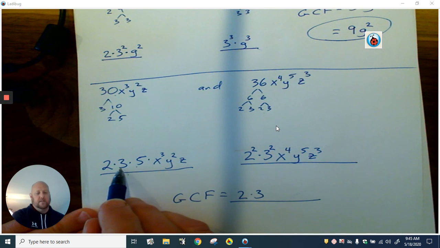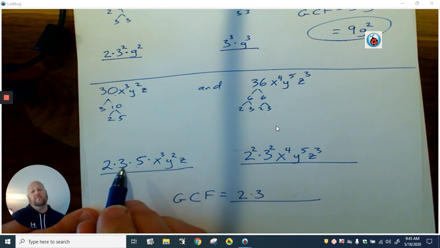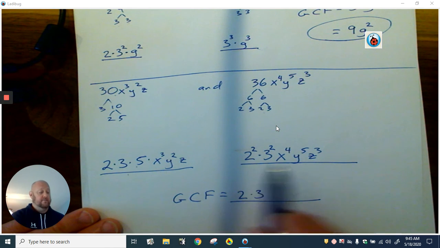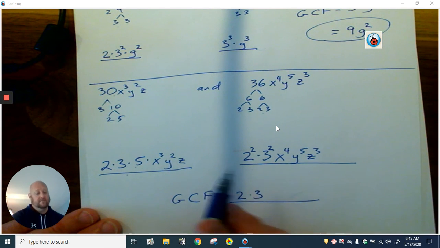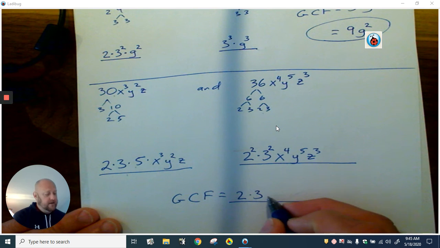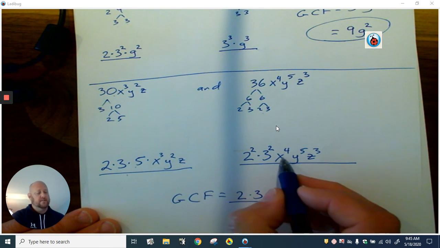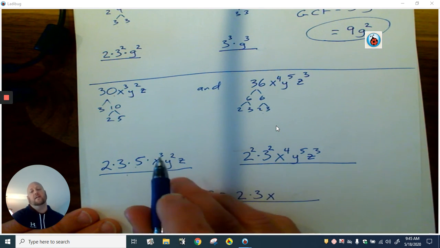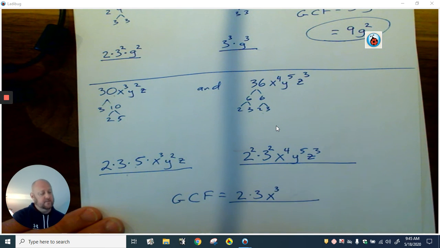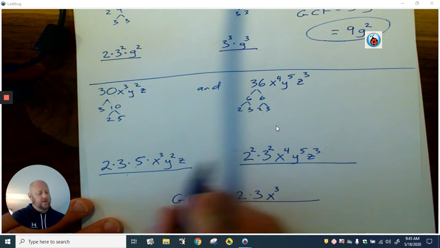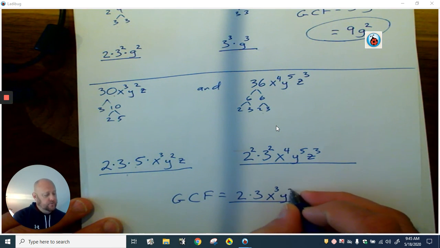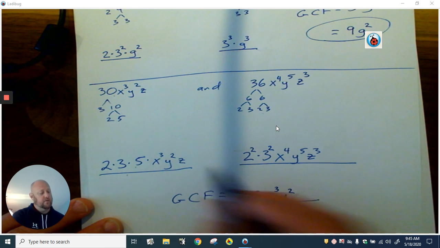This has 2, this has 1, so they both only have at least 1. This has a 5, this doesn't have any 5s, so they don't have any 5s in common. They both have x's. This has 3 of them, this has 4 of them, so they both have at least 3 x's. They both have at least 2 y's, and they both have at least